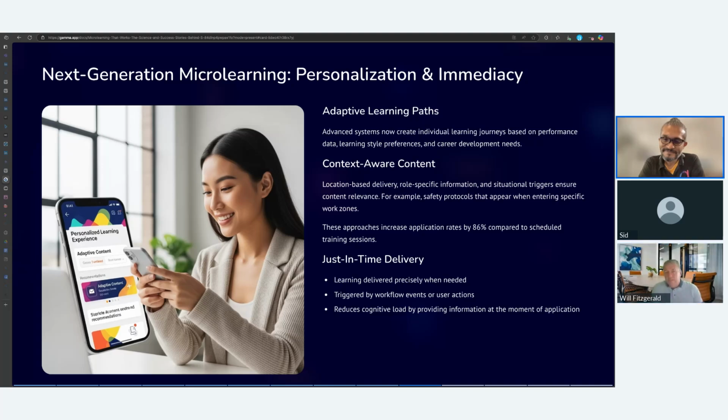Absolutely. I think this is something that every instructional designer needs to keep in mind, right? Going forward, it's not enough that we develop the conventional way of learning, but now we need to keep in mind these things. And I just wanted to touch on that also. It's not that these are all strategies, right, for why we are using microlearning and how we can implement it. But it's not that difficult. And I appreciate the fact that, Will, you said to our listeners over here, don't get scared. It's not such a big thing, it's easy to create these adaptive learning paths.